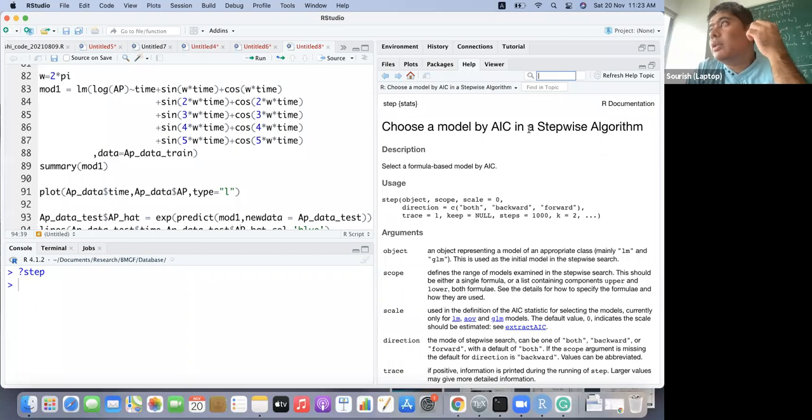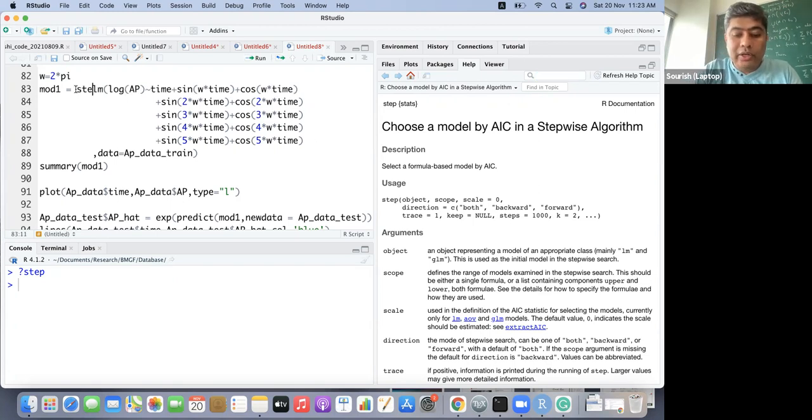Lasso, elastic net, these are all more recent developments in the last 20 years. I think most of this development has happened in the last 15 to 20 years. Well, lasso is 1996, so about 25 years. Elastic net is 2008, so about 15 years. So 15 to 25 years it has happened. Stepwise selection and forward selection happened in the 70s and 80s, so it's a slightly older technique.